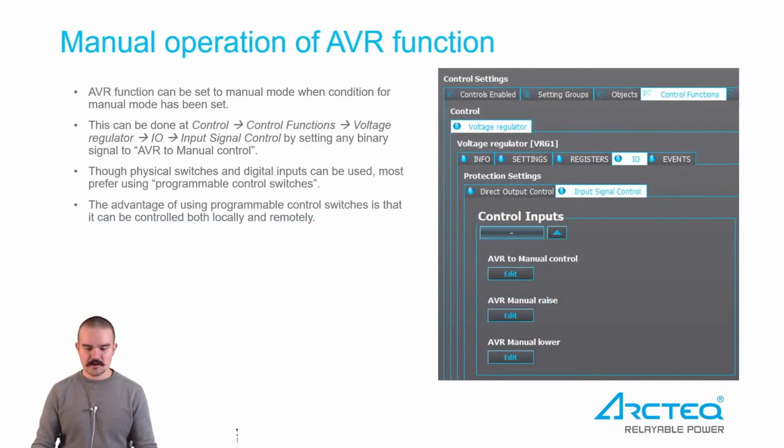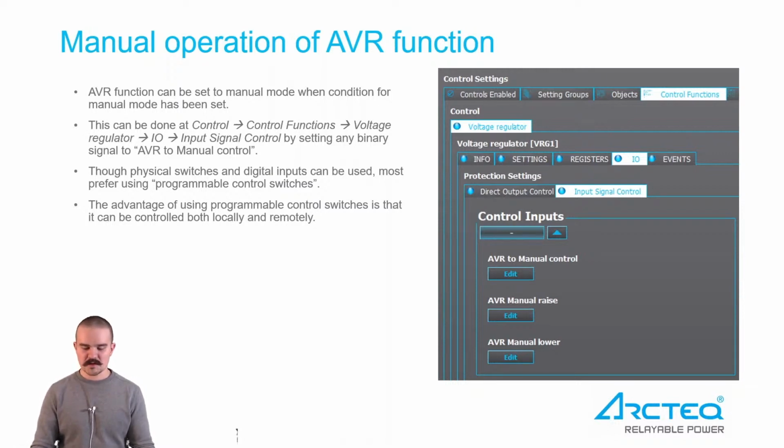Even though it's called automatic voltage regulator, this function can also be set to manual mode. So you can give manual tap raise and lower commands yourself. This can be done by going first to the I/O page, and there we have input signal control tab, and there we have this point AVR to manual control. So to this one you can